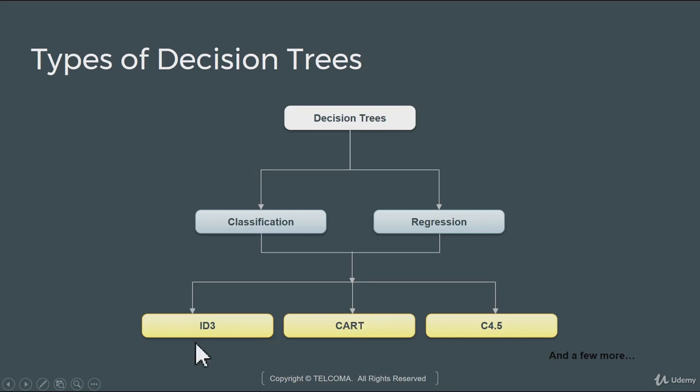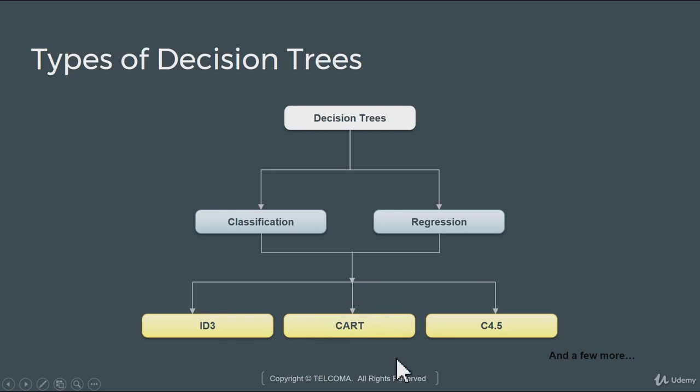So the differences between these different algorithms would be the kind of technique that they use to select the root node and the consequent nodes, the technique to handle missing value data, the ability to handle continuous data, the ability to handle a categorical variable with more than 2 levels, and so on. If you keep aside all of these things, we have 3 popular algorithms, where CART is a very popular algorithm these days. Most of the implementations which you see in R and Python are based out of the CART